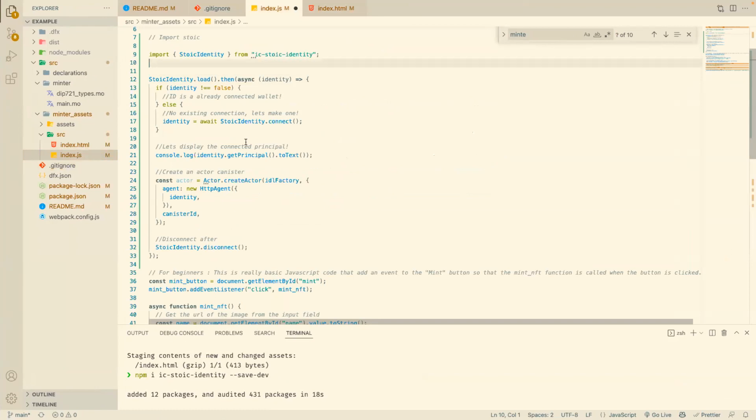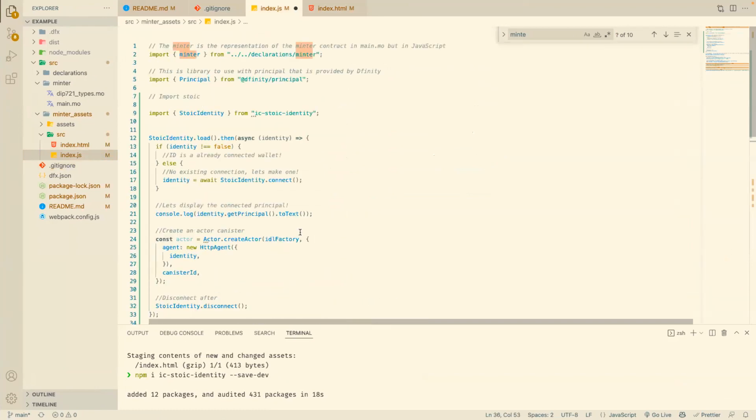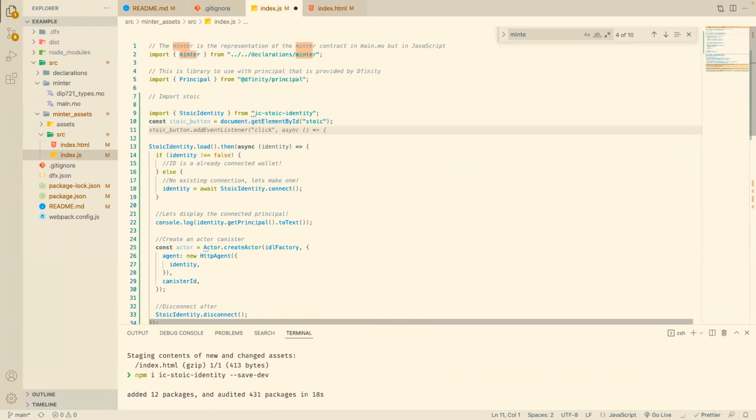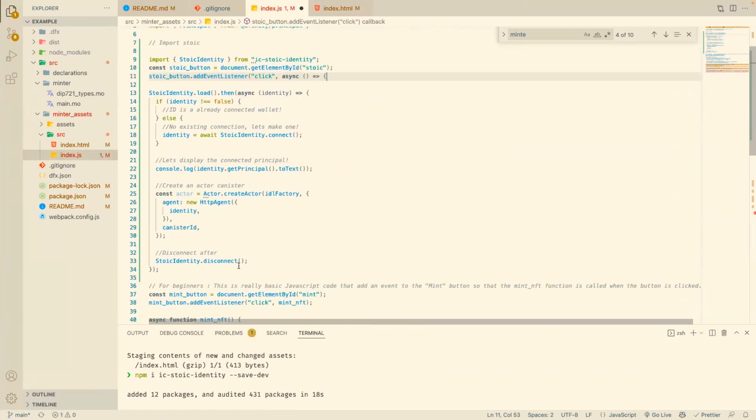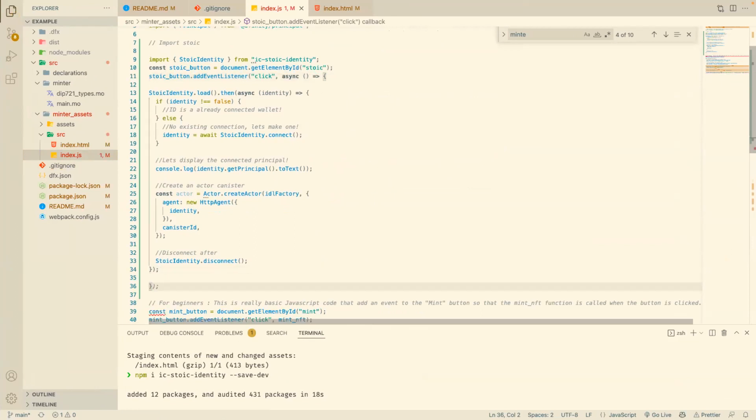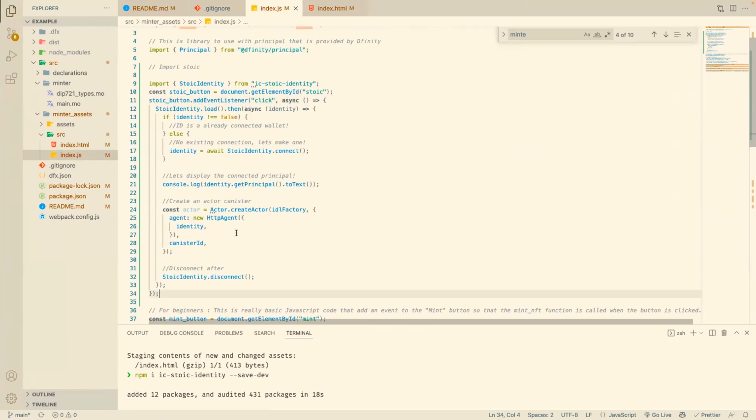So let's copy this code. Constant Stoic button. Let's say Stoic button. Document.getElementById Stoic. And then maybe I can do something like Stoic button.addEventListener. And yeah, I can do that, I think. So I've just wrapped the function that's provided inside an event. So when I click this button,